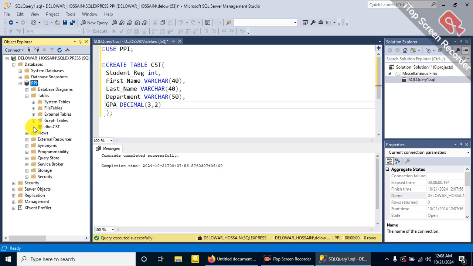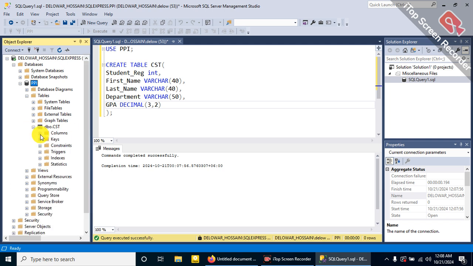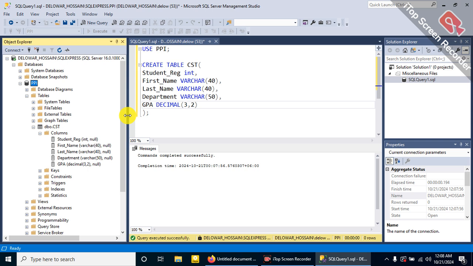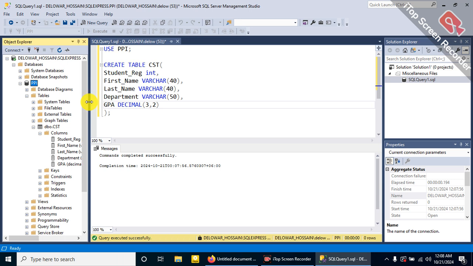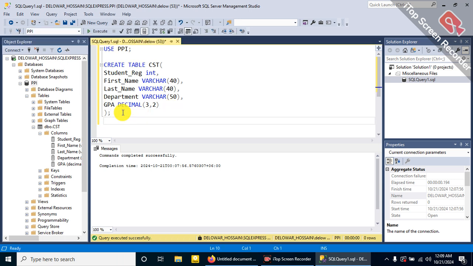So if you just click here, then we can also see the column names and what type of column has been assigned: student registration integer, first name, last name, department, and GPA. So you can also see the table structure here, and for that you just have to use this command: